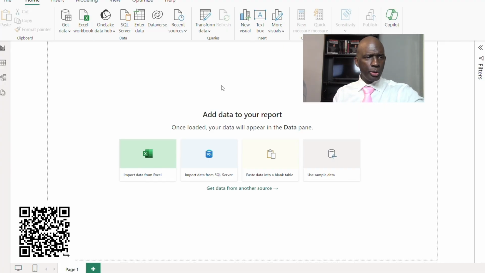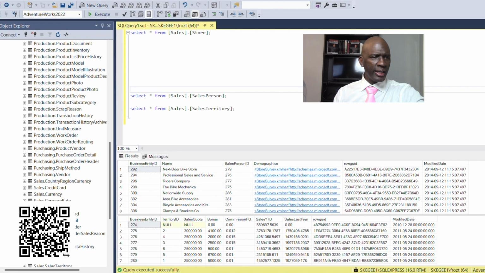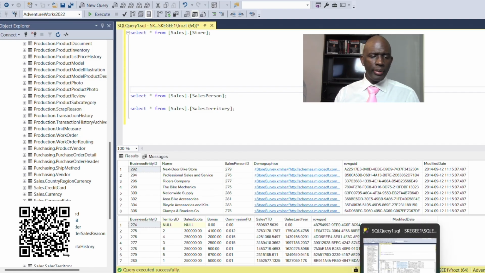This is a new report that we have opened, just file open, new report. I want to go back over to SQL Server just as a reminder of what tables we were using, so we can use those same tables and compare the SQL Server tables against how they look as tables inside of Power BI. We looked at the sales tables: sales.store, sales.salesperson, and sales.salesterritory. So as we go back over to Power BI,